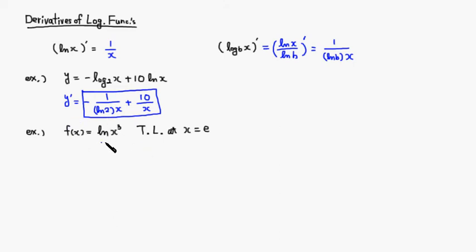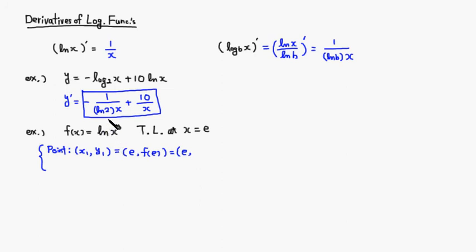All right, another example, this is a typical tangent line problem. Let's try to find an equation of the tangent line to the graph of f of x at x equals e. As usual, we need to find two pieces of information, and the first one is a point. Let's call it x1 comma y1. The x value is given, so x value is e. Then if you plug in e for x, f of e is going to be, right, e comma,